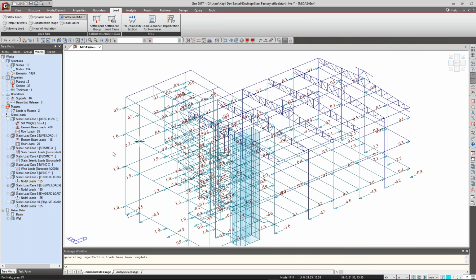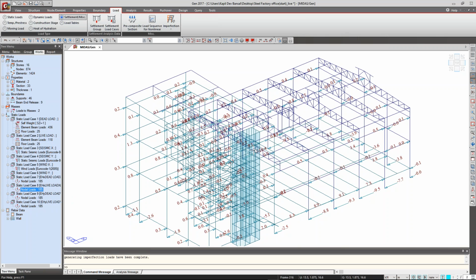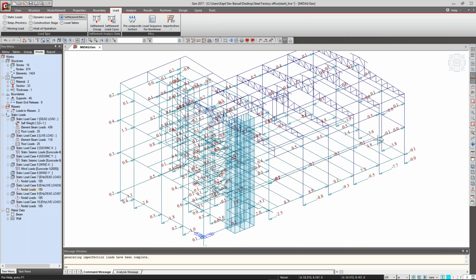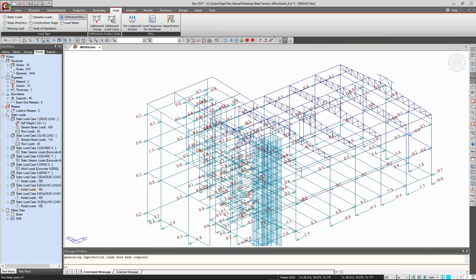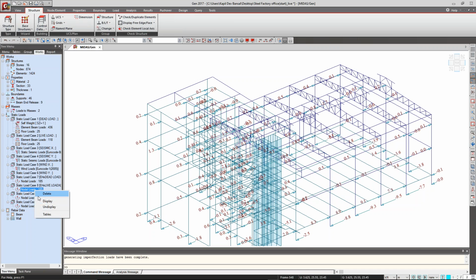As you see, the load for each load case has been generated, and all the load has been applied on the top of the column, and also for the lateral direction. And here's the thing I need to explain more. So for example,